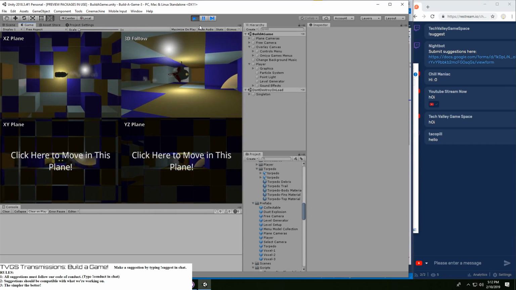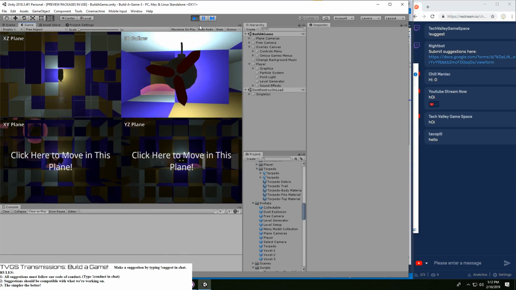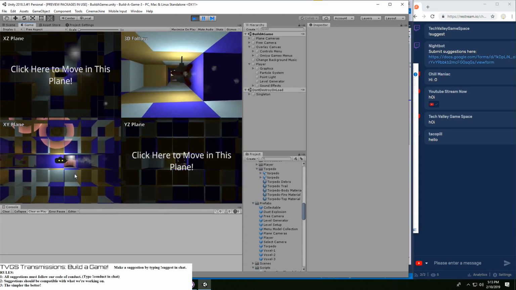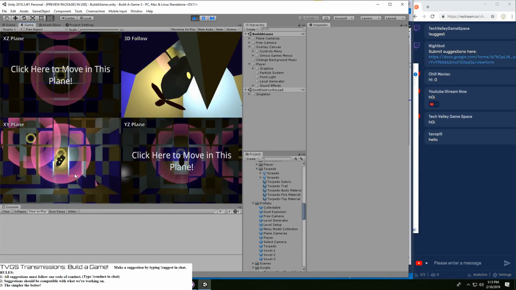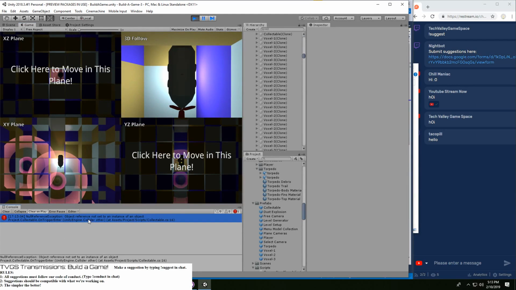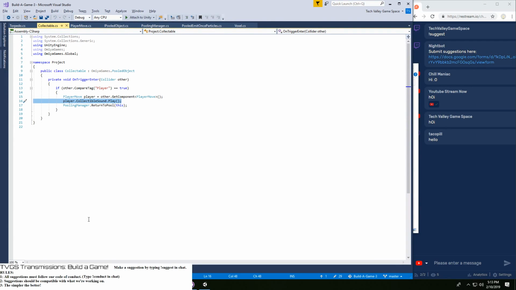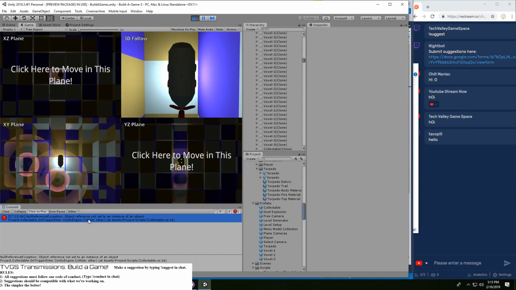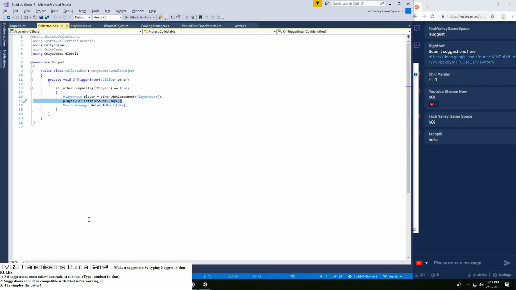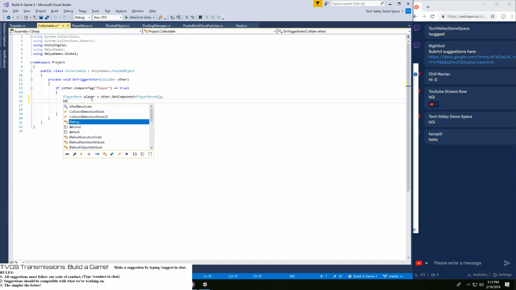Oh, according to, so I'm seeing a lot right here. So let's take a look right here. Yep, there it is. No reference, not set to an instance. That is not good. So let's debug that.